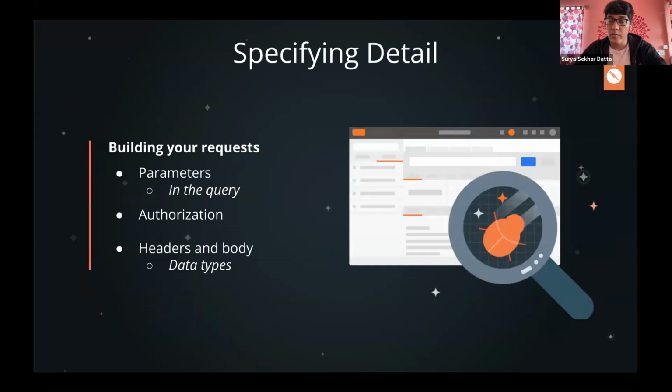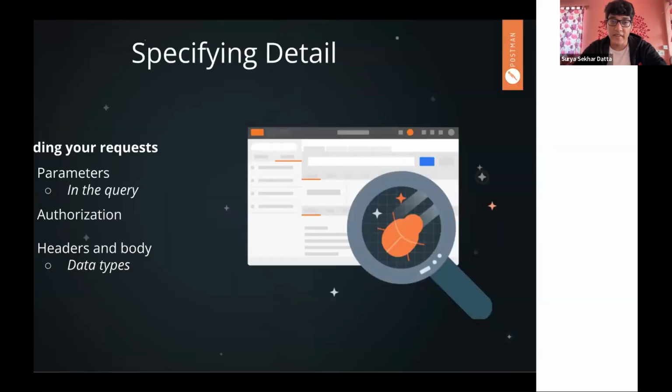But when we are making a request to an API, we need to specify a few details in the request. We can send parameters if we are looking for something specific. Sometimes an API can be open, but sometimes they have some authorization options.